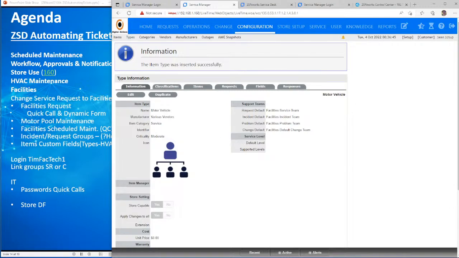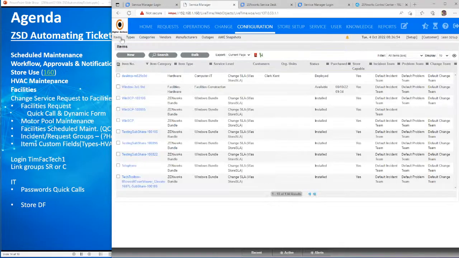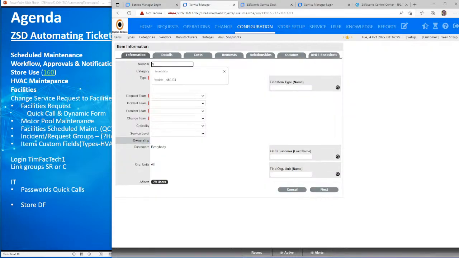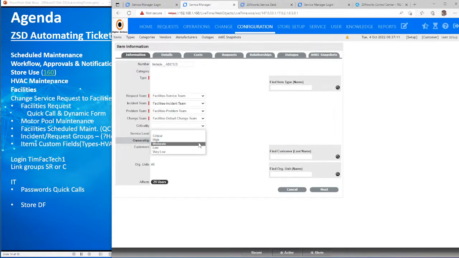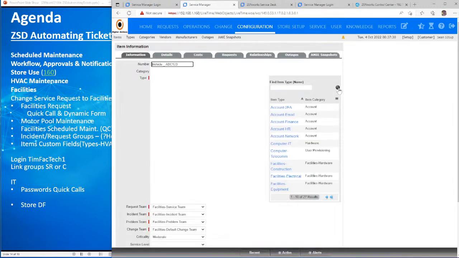So we do have a motor vehicle type now. And so if we have an item, new, vehicle, ABC123, and this of course is going to be the default facilities service team, incident, moderate. So for this particular vehicle, so we have a general request teams, and then for this specific vehicle, we have certain teams. You may have motorcycle repair technicians as well as car technicians, right? And they don't cross over. You know, it's whatever